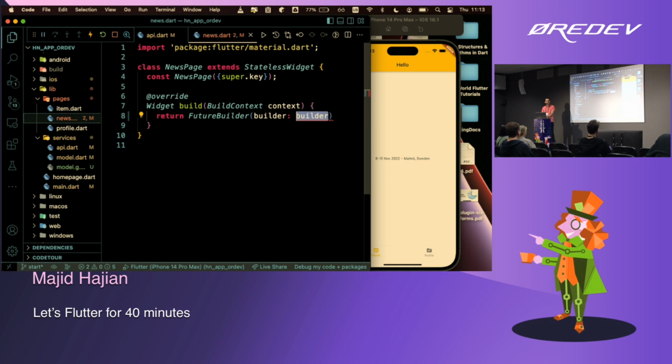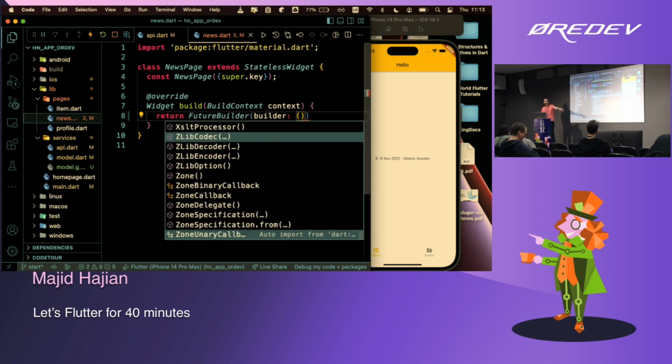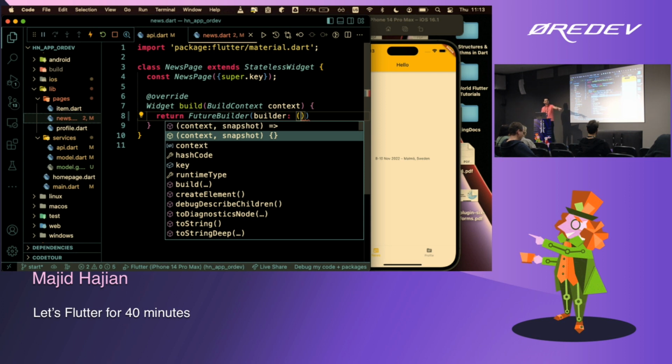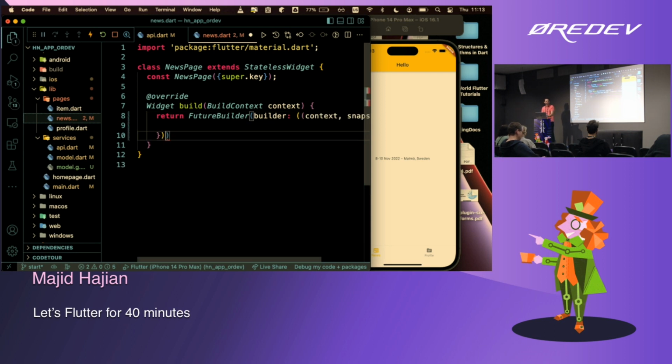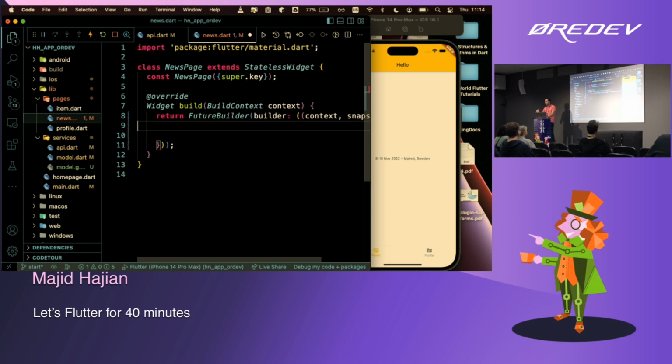And it tells me that you need to have a builder. All right, I'm just going to do that. Even the analyzer is helping me to automatically fix that. So the function that you're going to have for builder is going to have one context and one snapshot. A snapshot will hold the data that comes from the asynchronous call. Okay, sounds good. Lastly, I just need to return something to render.